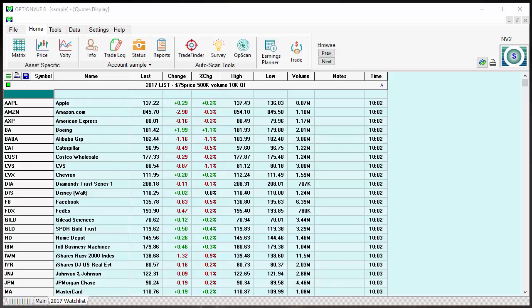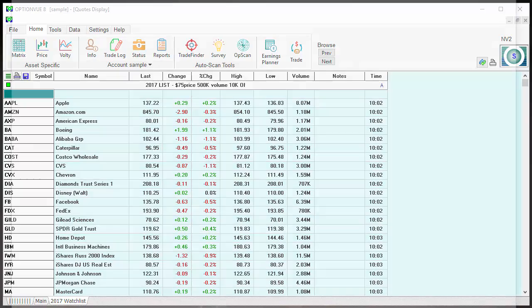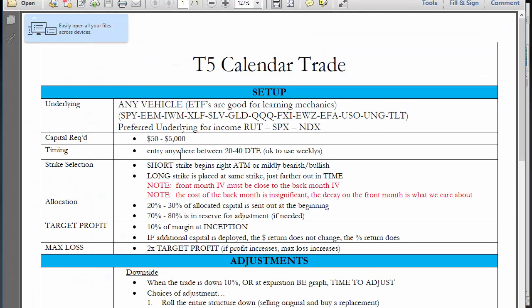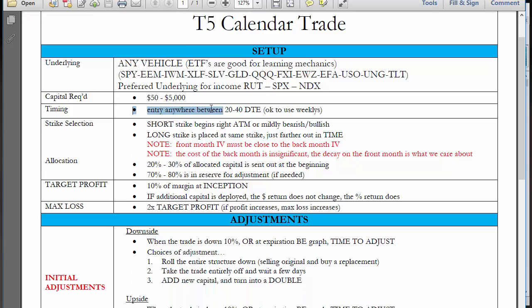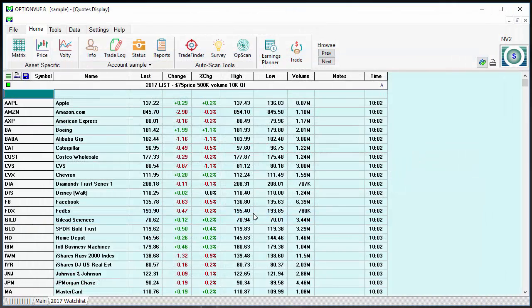When do we start looking to enter some of these trades, specifically this time traveler, whether that's in a calendar approach or diagonal approach? Right here you'll notice I've put anywhere between 20 to 40 days to expiration, and it is okay to use the weeklies. That is just a guideline. You can enter these trades at any point in time you like. The longer days to expiration are sometimes going to be more ideal, but what is more important when you want